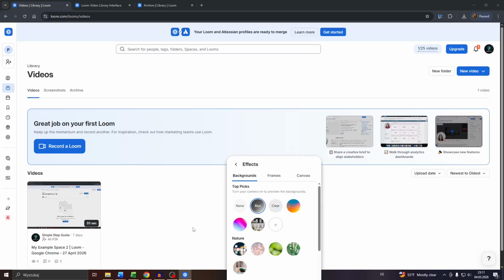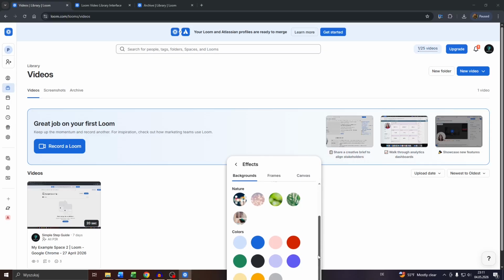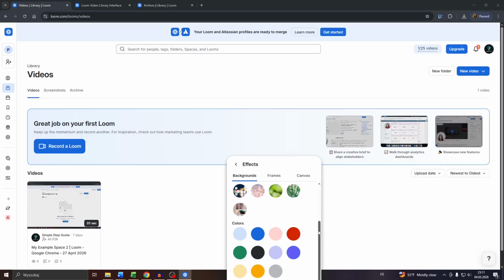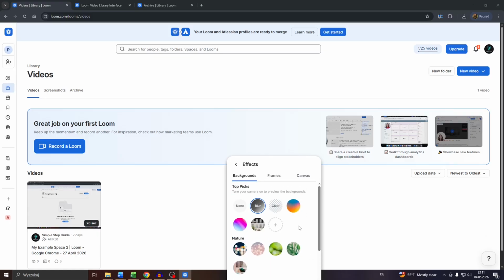Next, what you want to do is navigate to backgrounds and switch from none to blur. Instead of using any colors, for instance here as the background, or custom colors like clear background, which would be the opposite to the blurred background. You can also create a custom background if you like by uploading an image from your device, or use any from the library. But if you select blur instead of none or clear, the given background will be recorded with